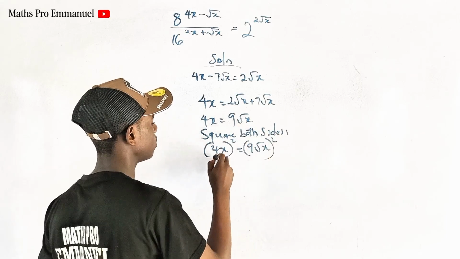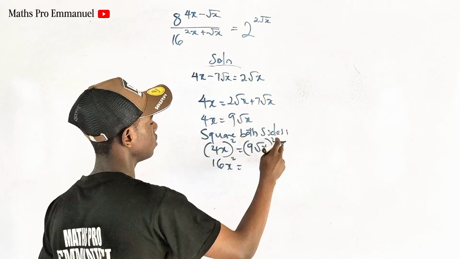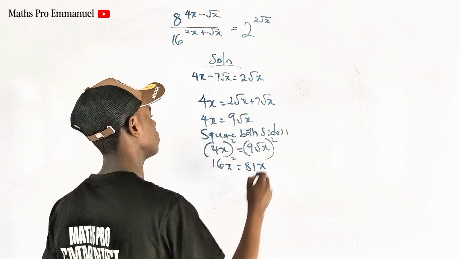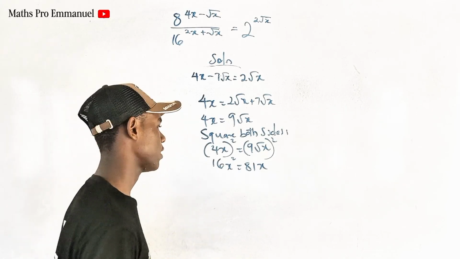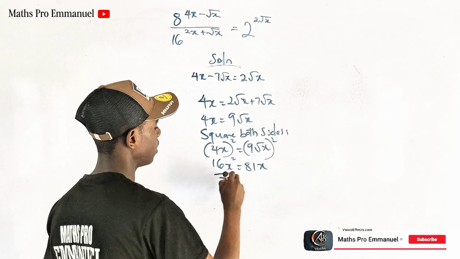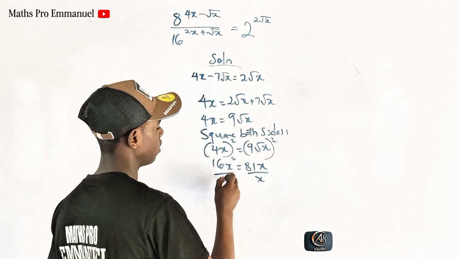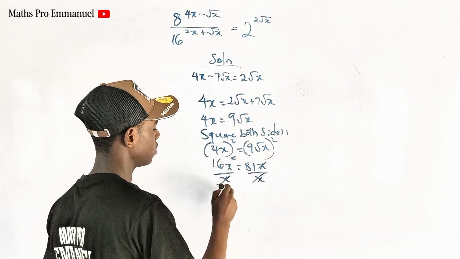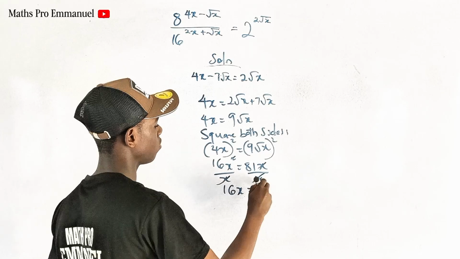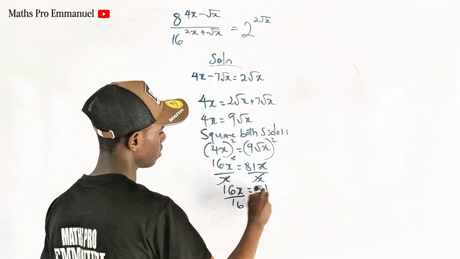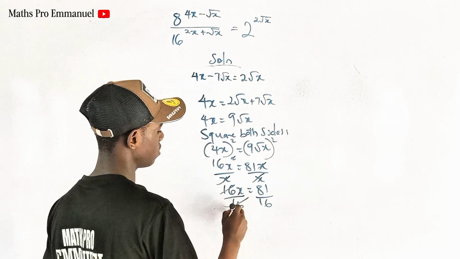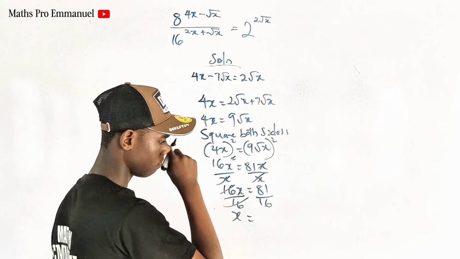So 4x all squared is 16x squared. Then this is 81x. Now I can divide both sides by x. x will cancel the square, and then 16x will be equal to 81. Now I can divide both sides by 16. This will cancel this, and then x will be equal to